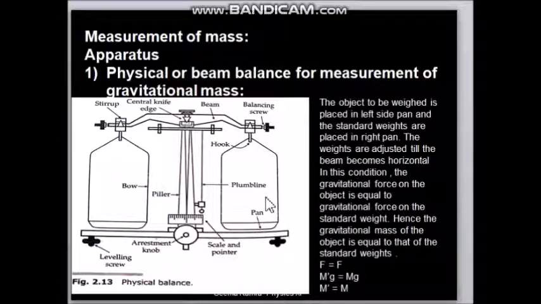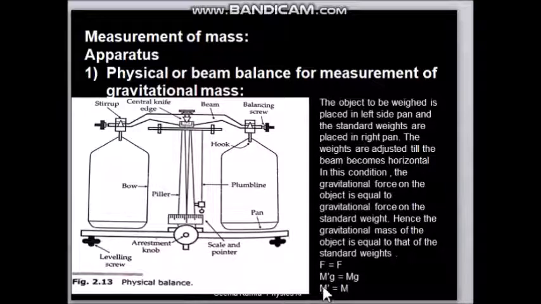Suppose we have kept 1 gram, 2 gram and 0.5 gram. So 1, 2 and 0.5, that means 3.5 gram is coming this side, total weight, total mass. And g is the gravitational acceleration. Now because the Earth is applying gravitational force on both sides, the gravitational acceleration is the same for both, so g is getting cancelled.